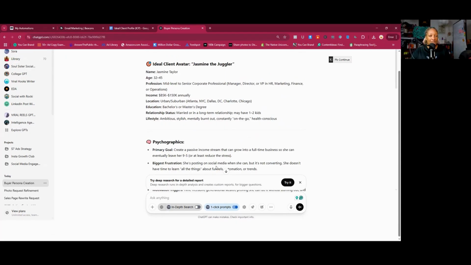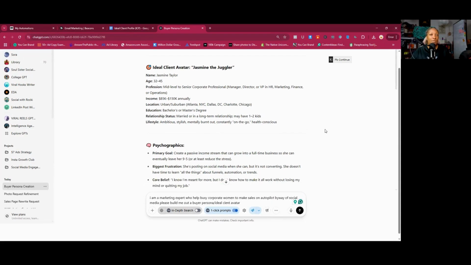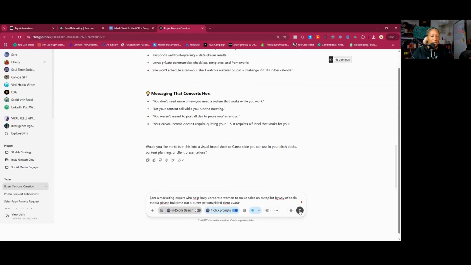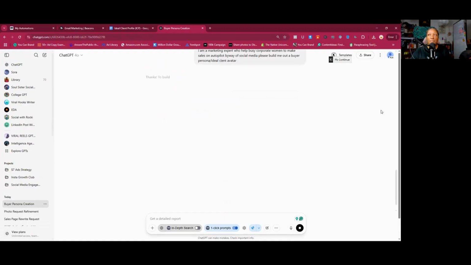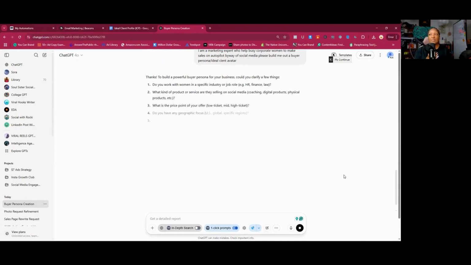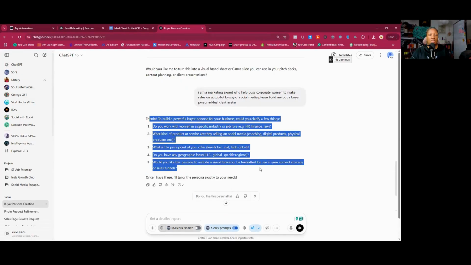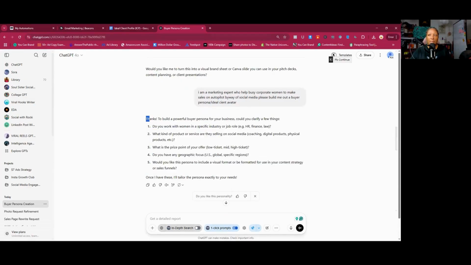Now, ChatGPT has this awesome thing where it says try deep research or a detailed report. So let's try that out and see what comes of it as well. I think that's pretty neat. Now, with that being said, your action step is to make sure you write this down or put this inside of a Google Doc because you'll need to use it later. The deep research part is where it's going to ask you more questions and dive into that, so we're not going to worry about that.